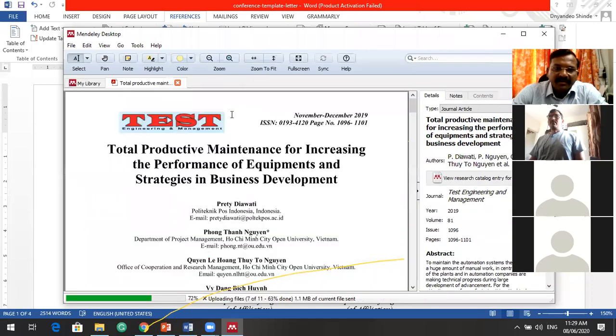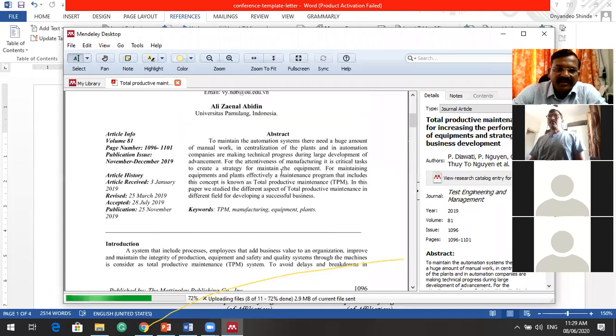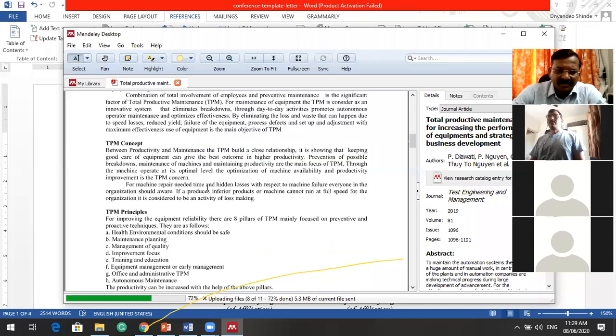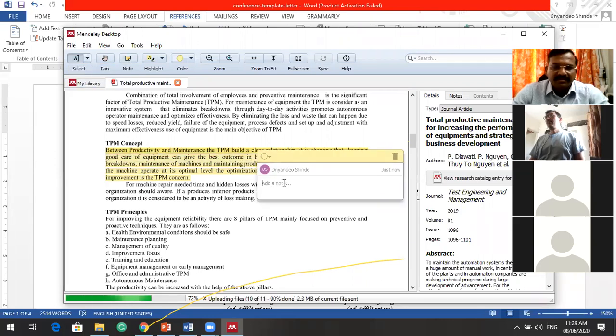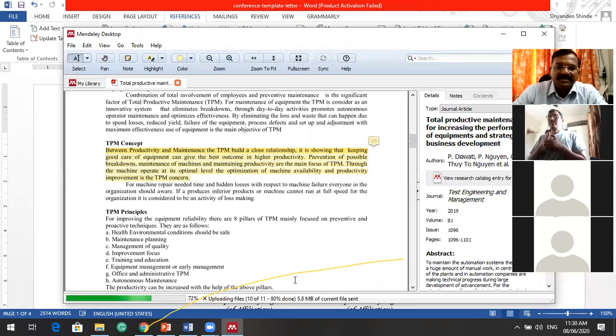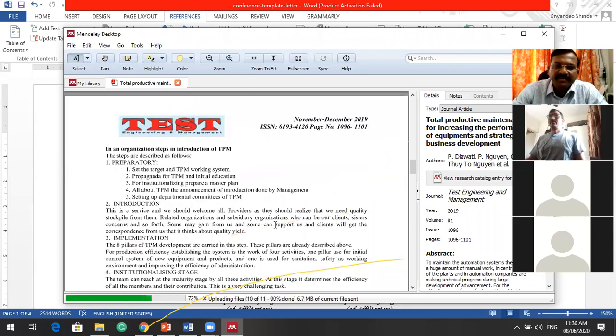And if you are editing, suppose you are reading the paper and you are referring to it in some particular part, when you are offline and reading the paper, you can highlight things, then you can add annotations or notes, so that afterwards when I am referring to that particular paper, I will come to this particular part and know that this is the thing which I am referring to from this paper.